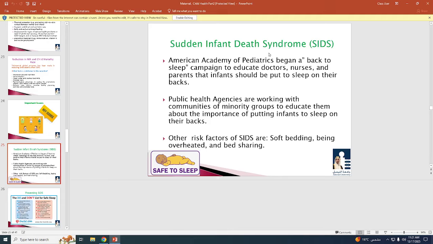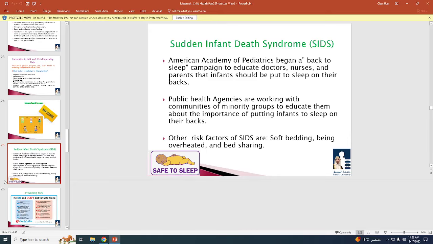Okay. Do you know until when the baby is at risk of sudden infant death syndrome? 1 year. Exactly. And the highest is during the first 6 months. In the first 6 months, 90% of children, if they die, unfortunately, it might be because of sudden infant death. So the highest period is within the first 6 months, but still the baby is at risk until 1 year. The highest is from birth to 6 months, not from 6 months to 1 year.